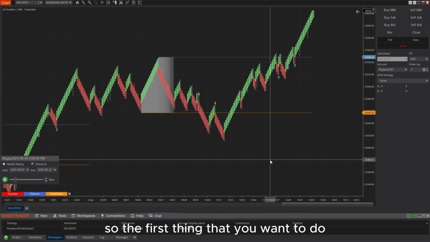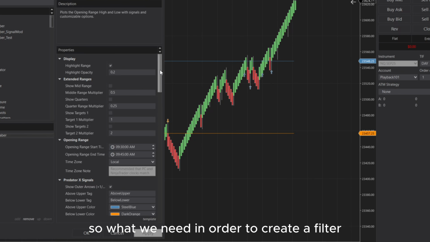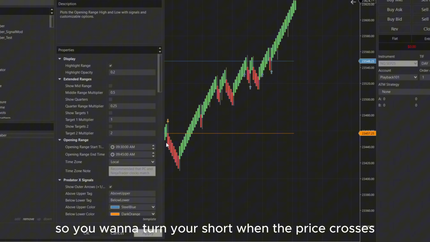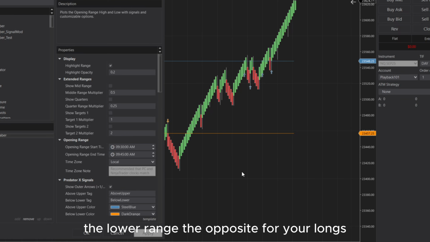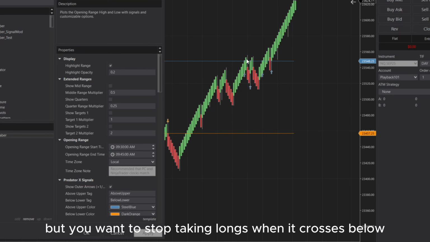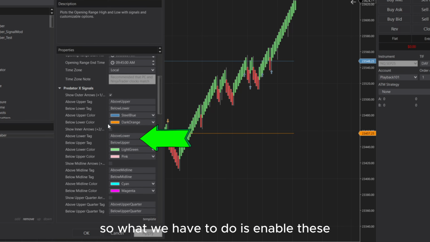So the first thing that you want to do is open up your opening range indicator. What we need in order to create a filter is an on and an off switch. So you want to turn your short on when the price crosses below the opening range, but you want to stop taking shorts when the price crosses back above the lower range. The opposite for your longs. You want to start taking longs when the price crosses above the range, but you want to stop taking longs when it crosses below. So what we have to do is enable these next set of signals, the above lower